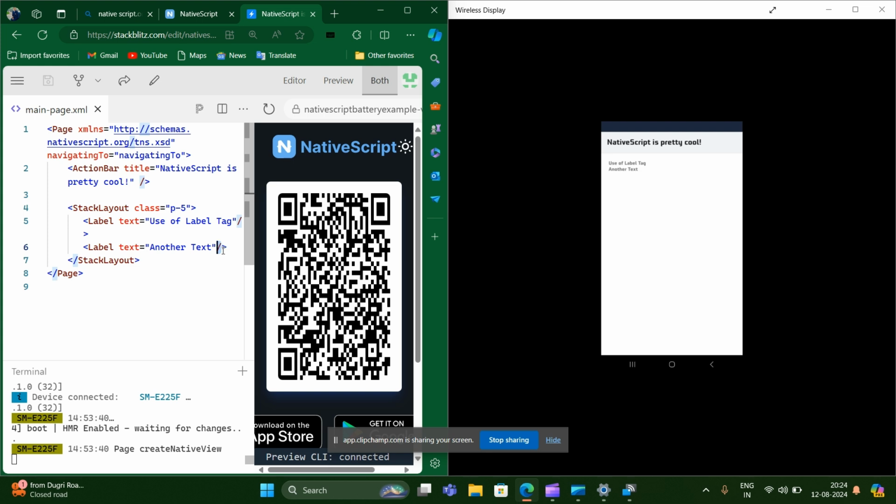When you do not use it, it will not give you the output. As I told you, in the previous part it was not showing the output. Why? Because of the missing forward slash. In this way you can add multiple texts on your mobile screen.